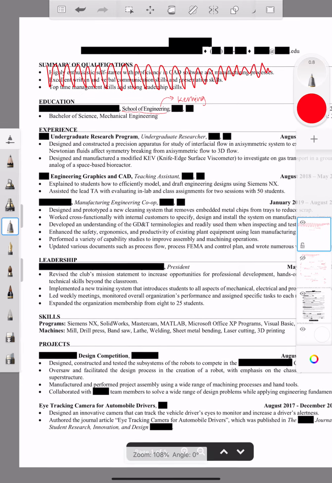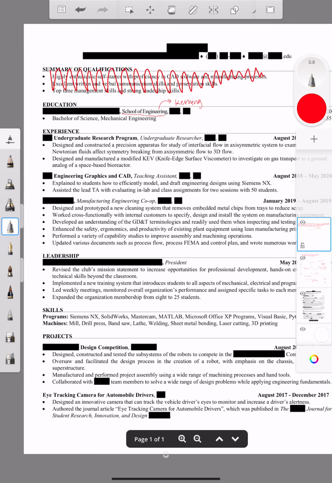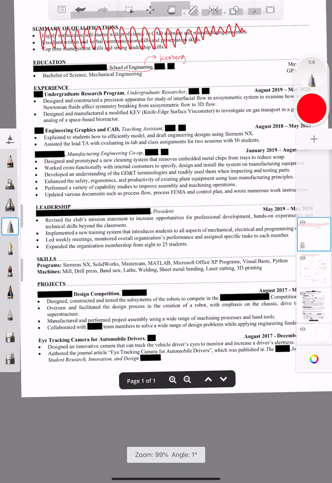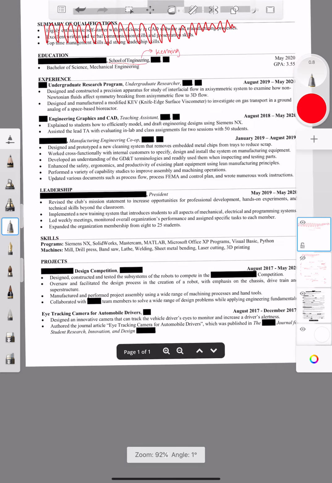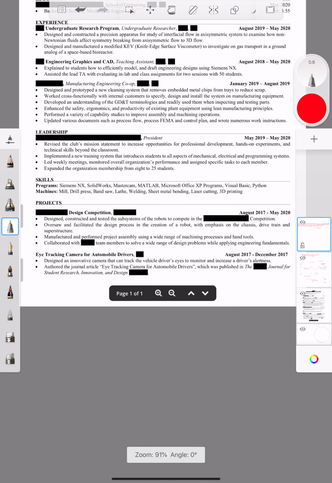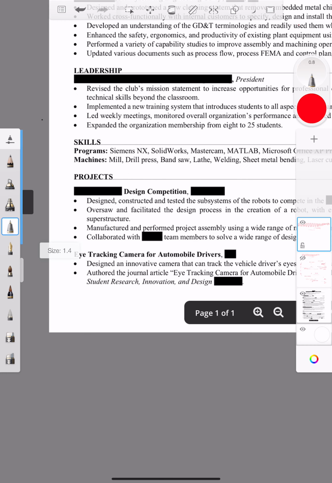Let's go to experience. We've got the bold, the italic, and then the dates on the right. It's pretty easy to read. The bullet points are all nicely lined up. Looking at leadership, that looks fine. Skills, I like to actually move up,